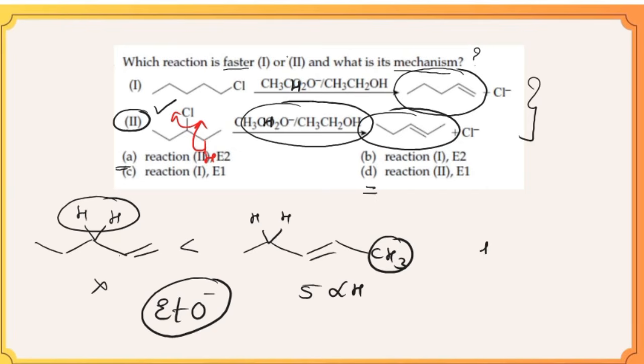If it is one step, what sort of mechanism will it obey? It will obey E2. That means no carbocation formation. No carbocation means it is an E2 reaction. Hence, the correct option is option A. The second reaction is undergoing faster reaction through E2 mechanism. How did we decide? By the reactivity of the reactant, the strength of the base given, and the stability of